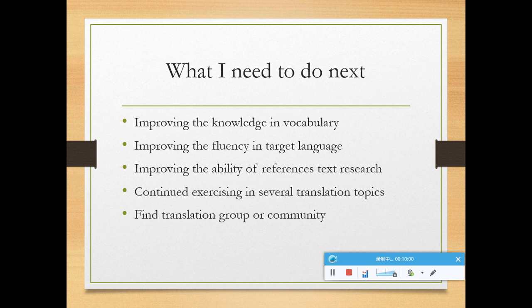I think I also need to improve the fluency in the target language as well as improve my ability to find reliable reference texts. Well, continuing to exercise in translation is needed, and I've decided to find some translation group or some translation community to get help and make some improvement together.